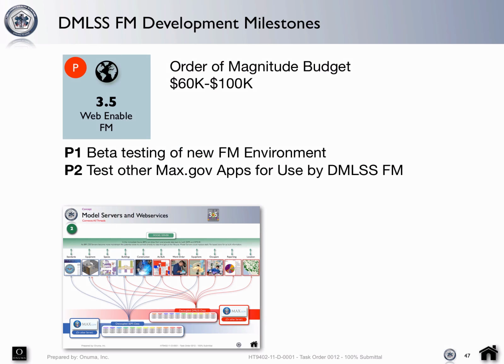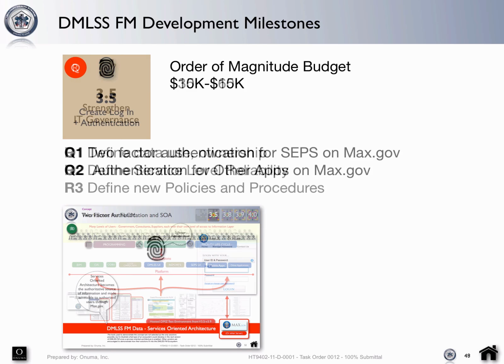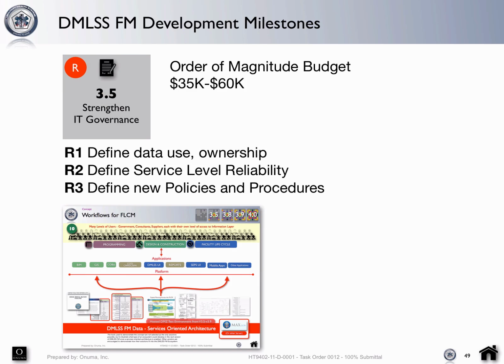3.5, the order of magnitude budgets are a range. It really depends on a lot of other factors, but 60 to 100K for the 3.5 web enabling DMLS, creating the login authentication on max.gov to have a common way to authenticate users, and defining and strengthening the IT governance is the next phase. Item R of 3.5,